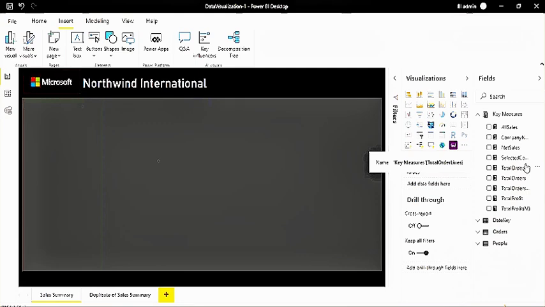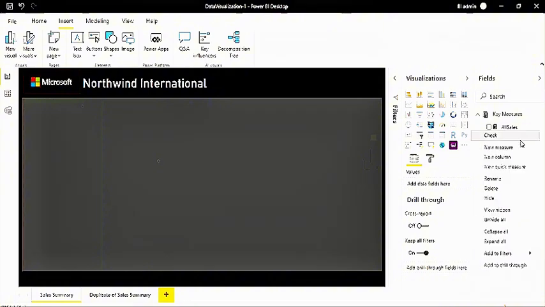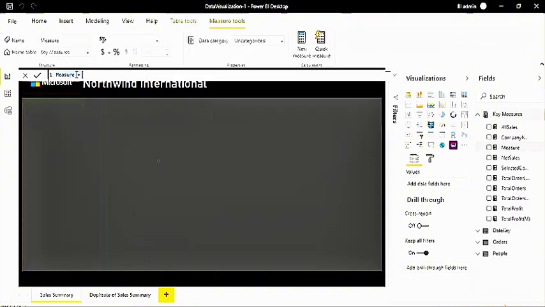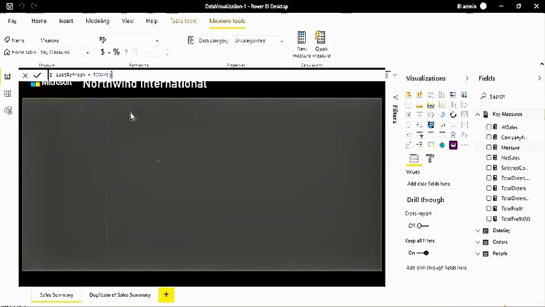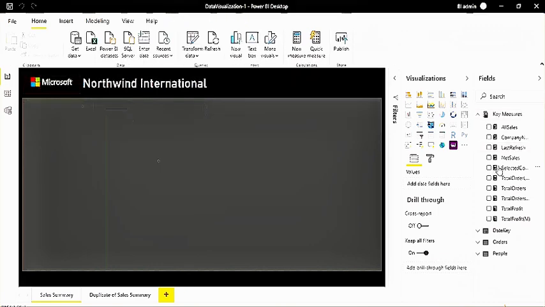Okay. So now I'm just going to create another measure. The measure name is last refresh. Here you can use the today function, right? You can show the time in a different time zone also. You can do time conversion, time zone conversion as well. A lot of things you can do. It's just like a DAX measure.